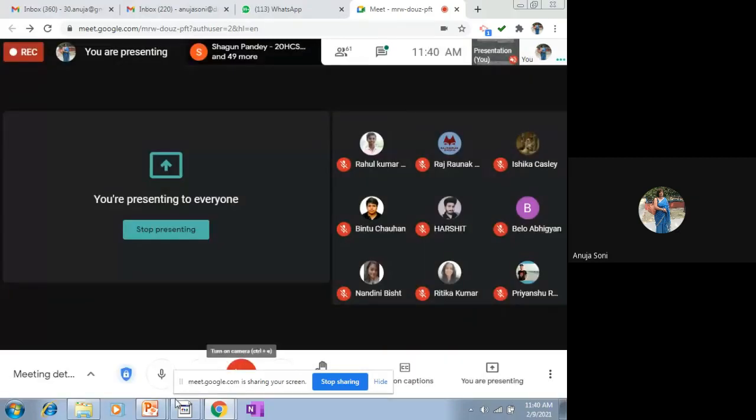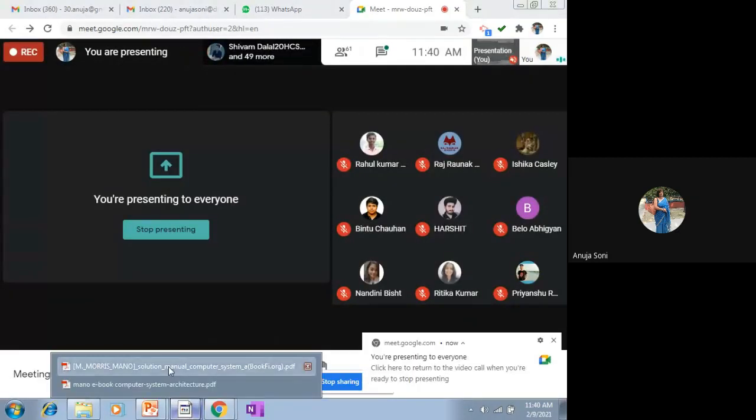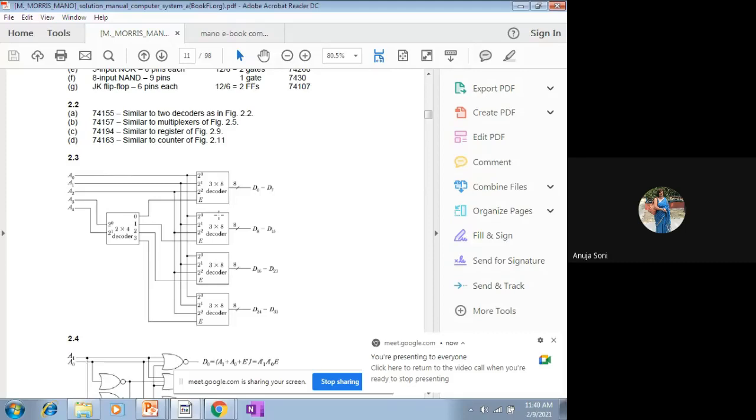5 into 32 size decoder. Right? So this is how this decoder will work. With the help of the 2 input lines, it will be able to generate 4 combinations. For the detailed diagram, we have already discussed the 2 to 4 decoder. The detailed diagram of the 3 to 8 decoder we have also already discussed.